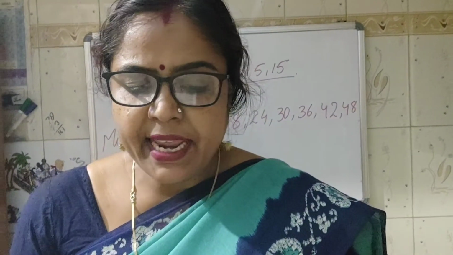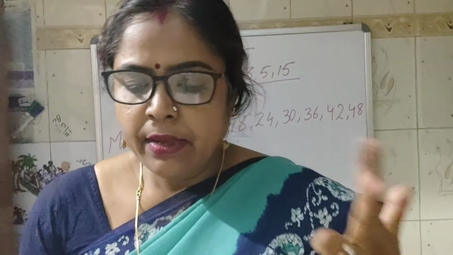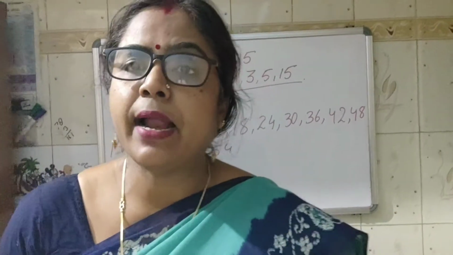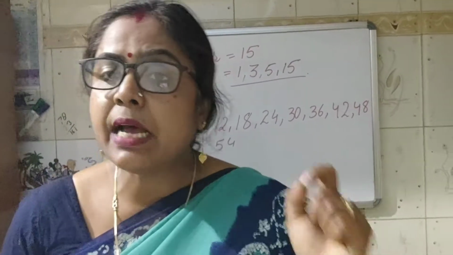events. So, Meher ate 5 sweets on Monday, 4 sweets on Tuesday, 6 sweets on Wednesday. So, you have to write down, find the sum of sweets Meher ate. Okay, so Monday, Tuesday, Wednesday, you need 5 plus 4 plus 6. This is the sum of sweets. And the number of days is Monday, Tuesday and Wednesday. So 3 days are there. Find out the number of sweets and then you divide it.